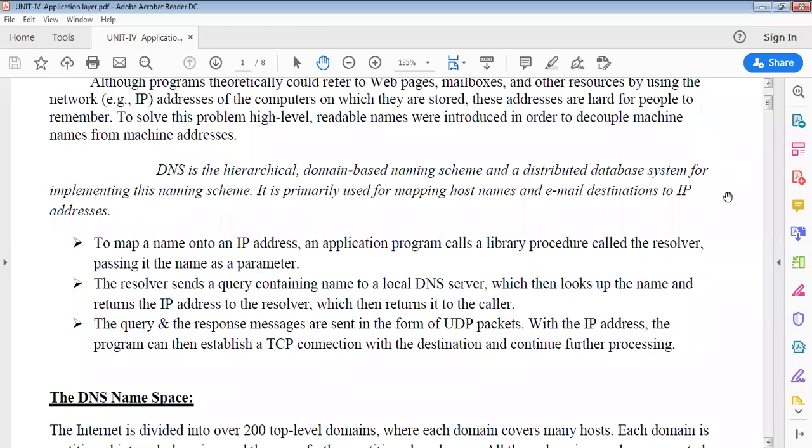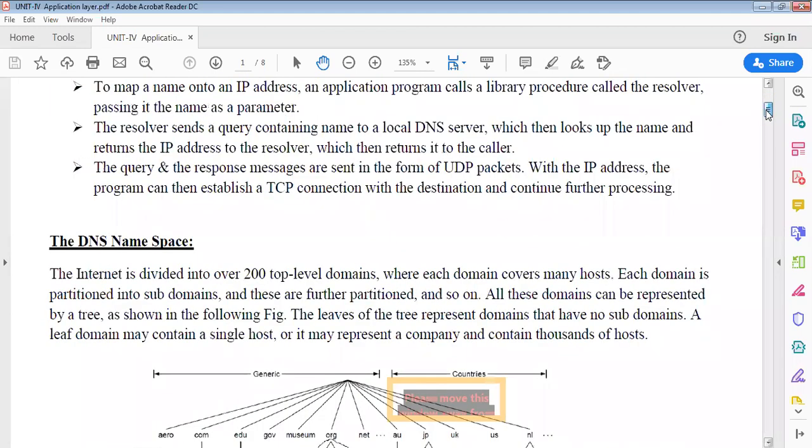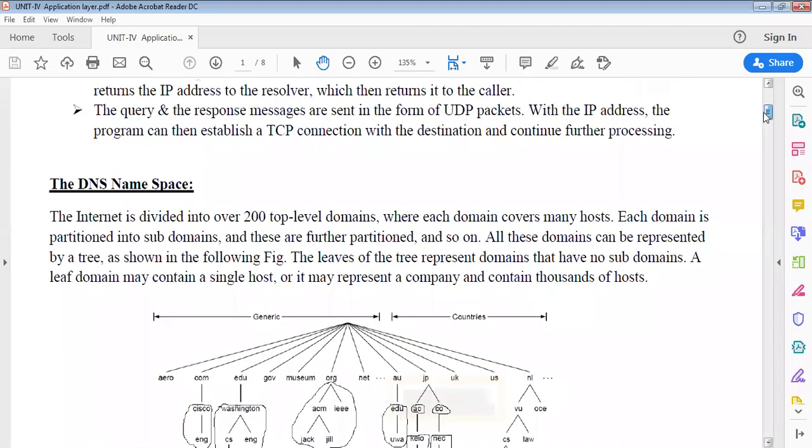Okay. Now, if you have any doubts about the working of the DNS, please let me know, so that I can move on to the next concept. If anybody has any doubts, unmute yourself and you can ask. If there are no doubts, then I will go with the next part.